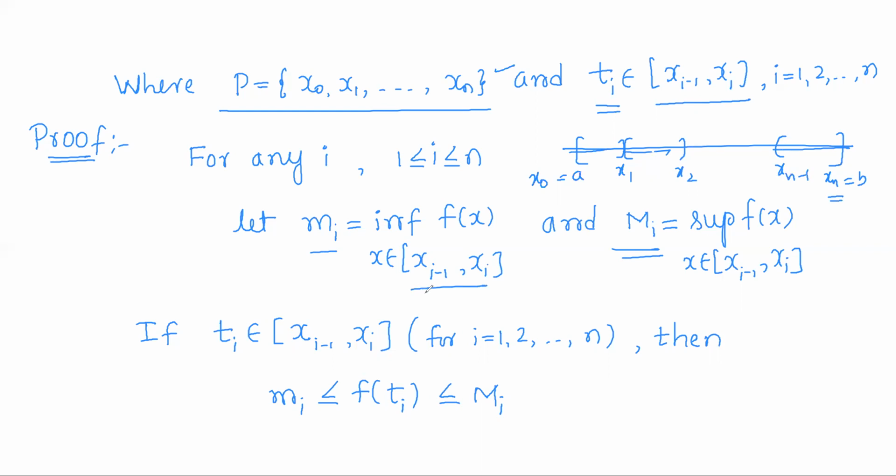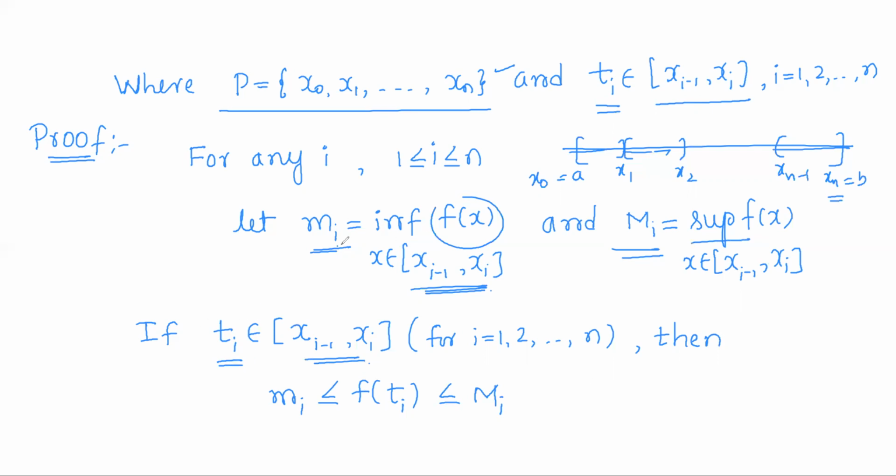So for each subinterval [x_{i-1}, x_i], define the infimum and supremum. Let m_i be the infimum of all f(x) as x varies over the closed interval [x_{i-1}, x_i], and capital M_i to be the supremum of all f(x) as x varies over the closed interval [x_{i-1}, x_i]. Now, if t_i is any arbitrary point of the ith closed interval [x_{i-1}, x_i], then